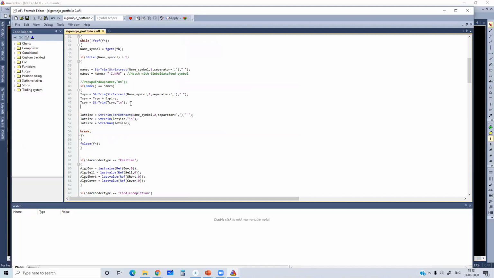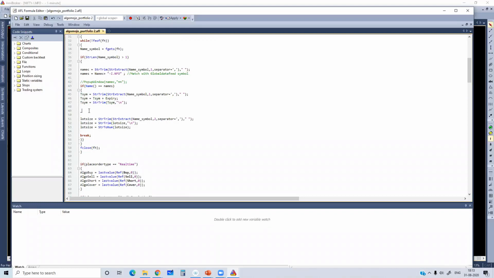Now the TSM is nothing but my trading symbol. This is the symbol to which I am going to send orders. So let me verify the trading symbol here using underscore trace log. So I'll put a trace for the TSM trading symbol.